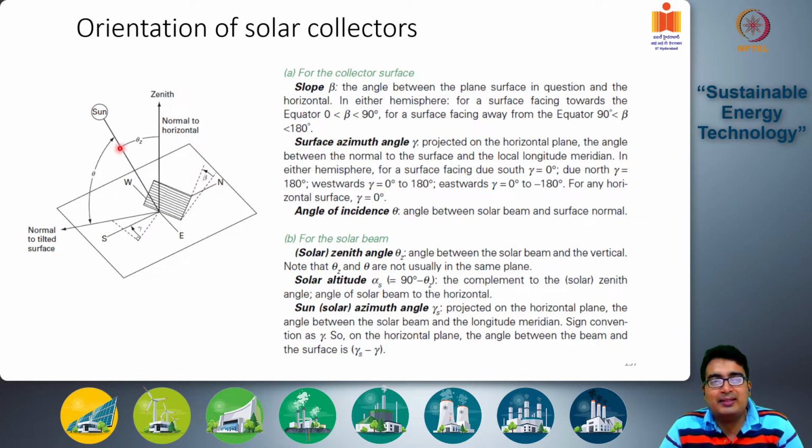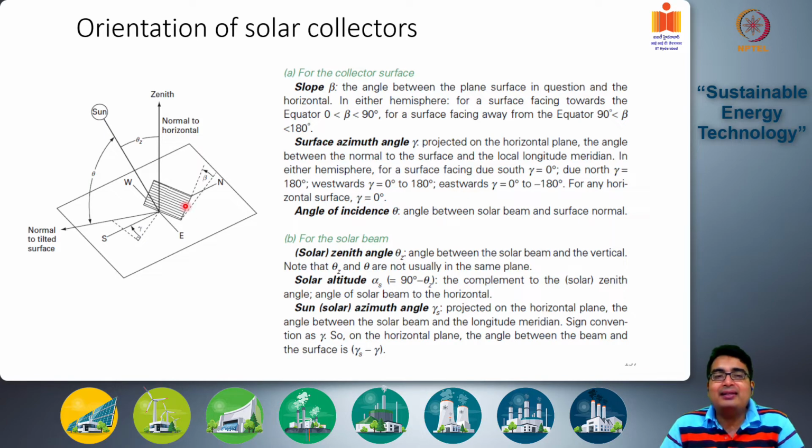This is where the sun is. So the angle between these two is theta. This is the angle of incidence, the angle between the solar beam and the surface normal. The zenith angle theta z is the angle the sun makes with respect to the ground normal. Okay. So we have theta z, theta, beta, and the surface azimuthal angle gamma